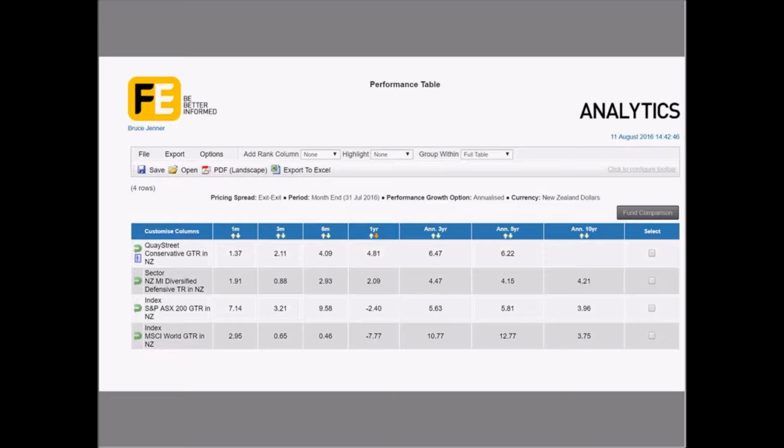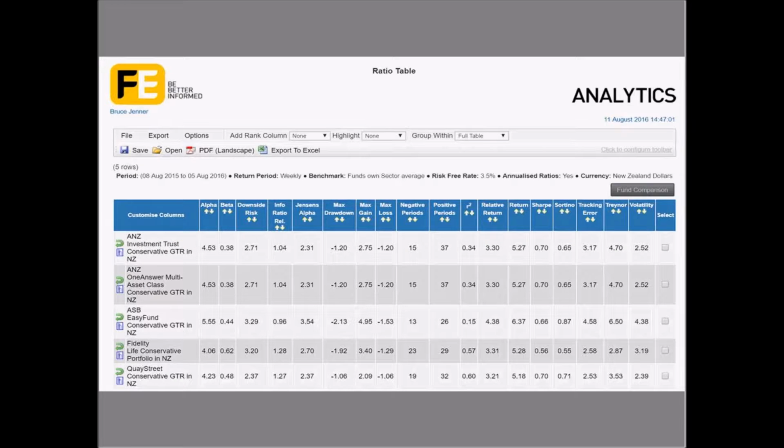We now have those four units in a performance table, which is very easy to read with the human eye. This comes into its own when you have many hundreds of funds added on one particular page. And by clicking on any of the up or down arrows, you can actually rank all of those particular funds in the order that you would like to see them appear. We can also run a ratio table with the same information from alpha through to volatility, and by clicking on either the up or down button, it will rank all of those particular units into the correct position that they should be in. Now, if I share my screen,